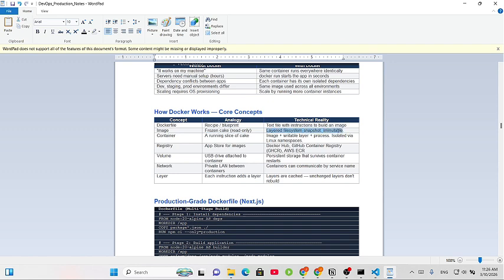Layered file system snapshot, immutable. Container, a running slice of